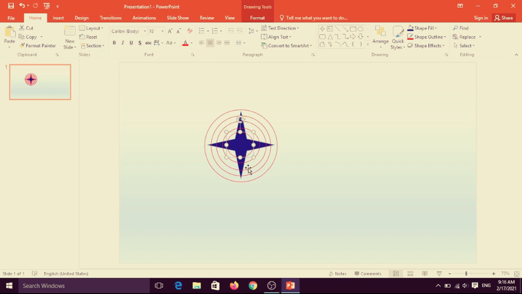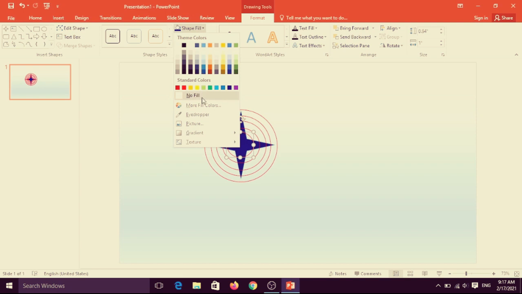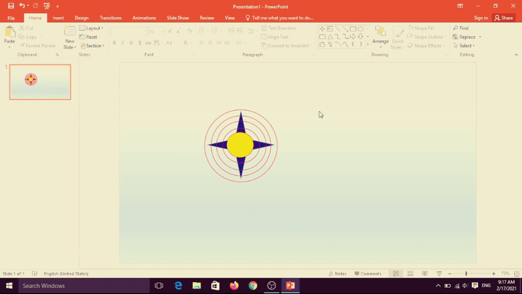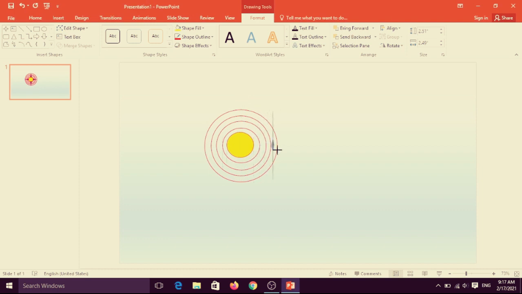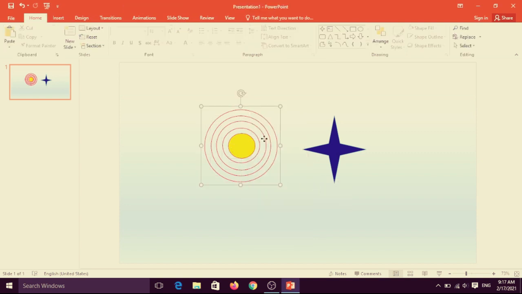And fill the color on this side. Double click on that and fill which color you want. Suppose I want this color, and then make a group of that. Select it, right click and choose Group for one group. Now it is a single object.